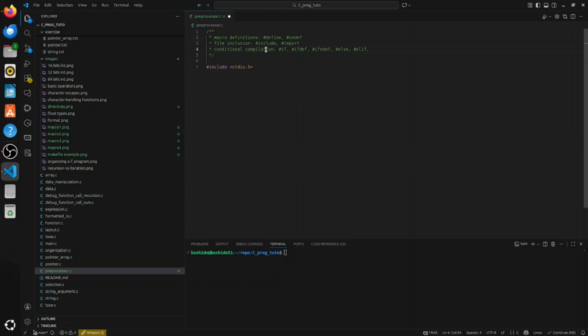It's better to use conditional directive, because it's generally used for conditional compilation. But I prefer to say conditional directive, file inclusion directive, and macro definition directive. So